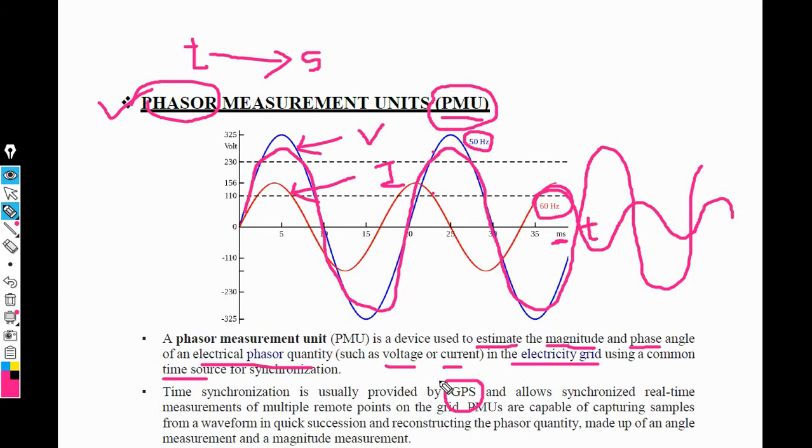Then also at that instant the phasor quantity is very important. When you calculate real time measurement, at that instant you require the exact voltage and current, and you also require frequency for the phasor measurement unit. Okay, now this is the concept of the phasor measurement unit. The main advantage of the phasor measurement unit is that it measures the phase angle and magnitude of the voltage.